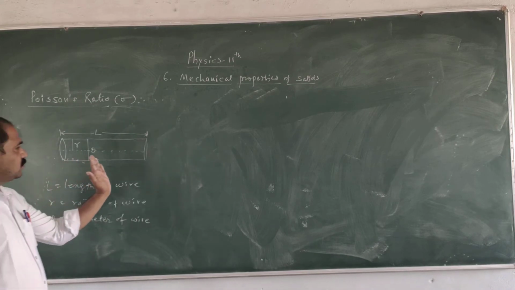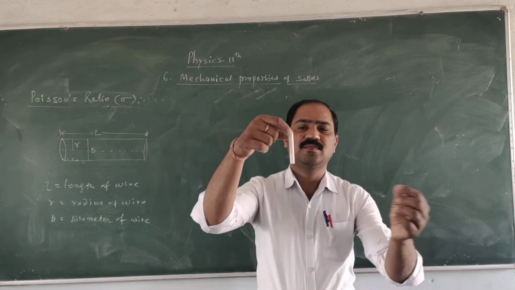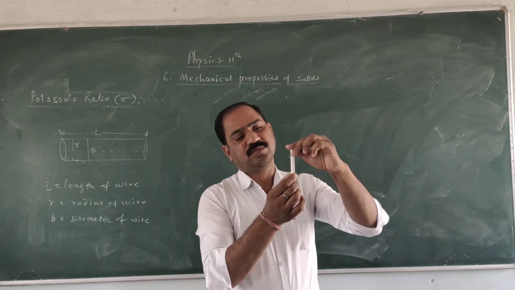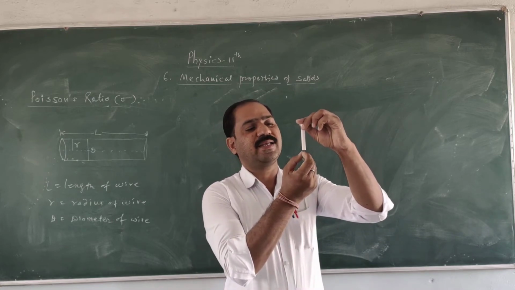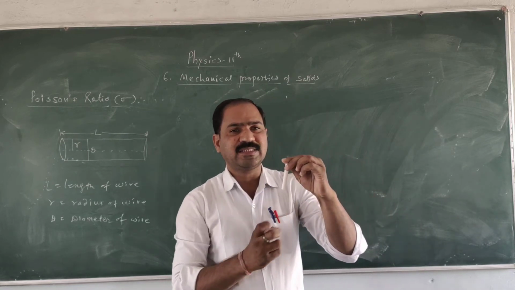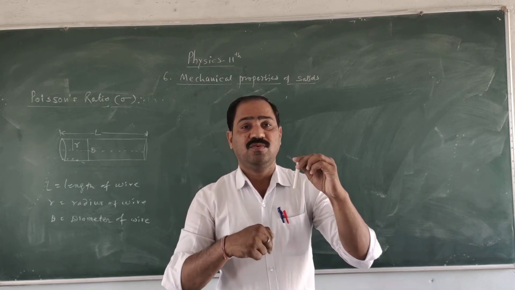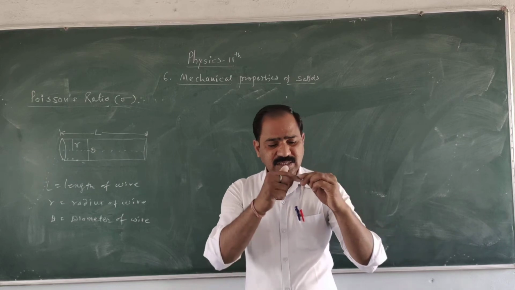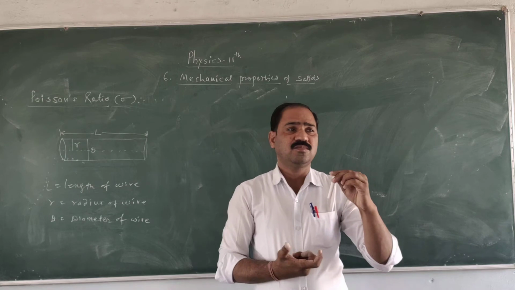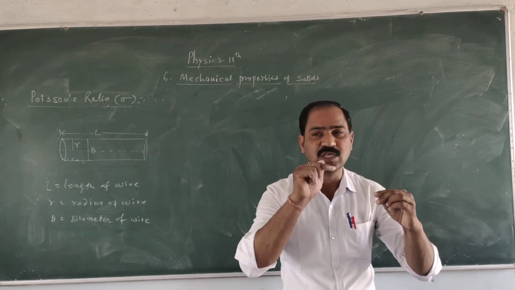So when the force is applied on this wire, now suppose here is the wire and its one end is fixed at the rigid support like this, and force is applied at its lower end. Then what will happen? The wire gets extended, elongated on its neck where the force is applied. Means here there is the expansion, there is the extension, there is the elongation produced in the wire in the direction in which the force is applied.